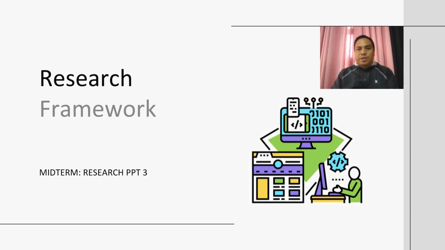In every research study, we need a guide that shows how the different parts of the research are connected. This is called the research framework. It serves as a blueprint or map that explains how the variables, concepts, and theories in the study are related to each other. The framework helps the researchers stay focused, organize their ideas, and clearly show the direction of the study. By using a research framework, we can better explain why this study is important, how it will be carried out, and what results we expect to find.